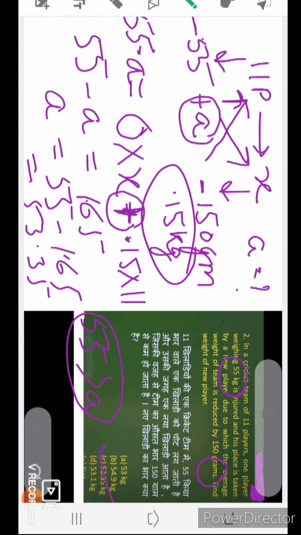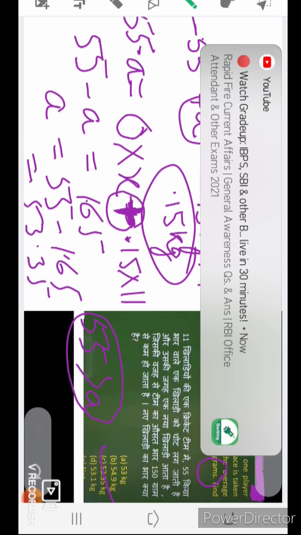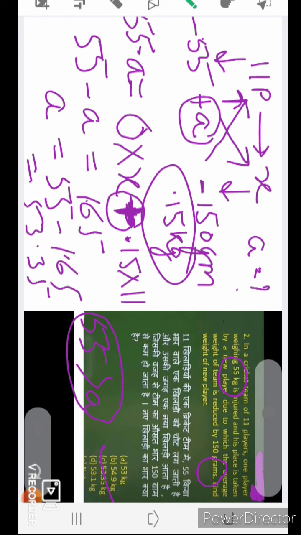Okay, so I hope you are getting the formula correct, because always remember, again I am saying, in the case of one inclusion and one exclusion, you always have to remember that there is no value of this sign. We always have to take this as a positive, whether it is negative or positive. We just have to focus on this one. Remember this, 55 minus A, okay, which one is greater? We always have to focus on this.